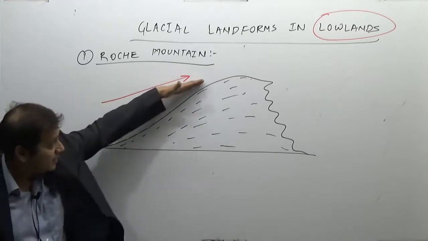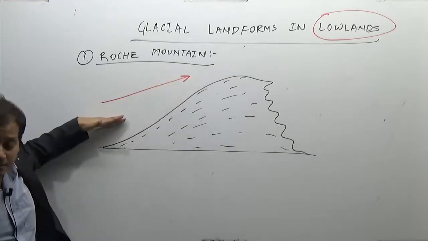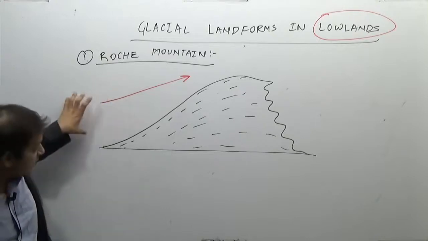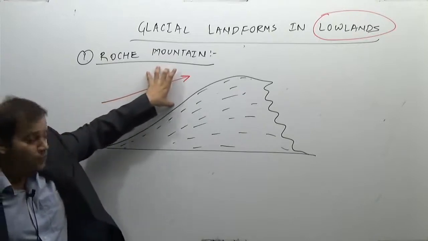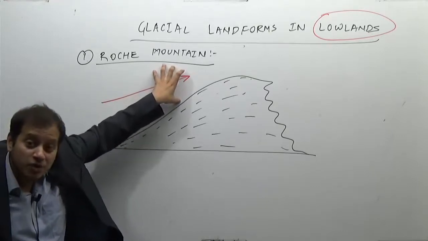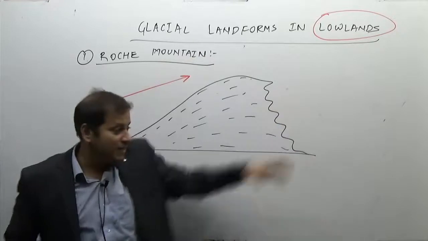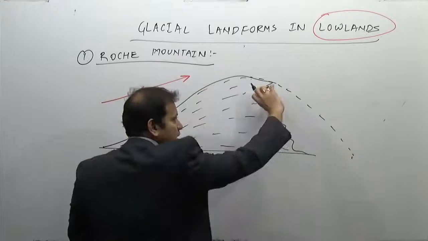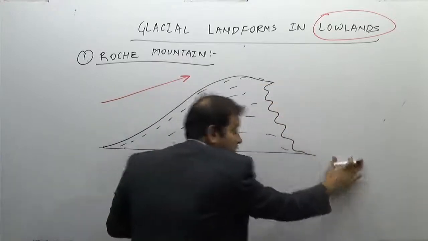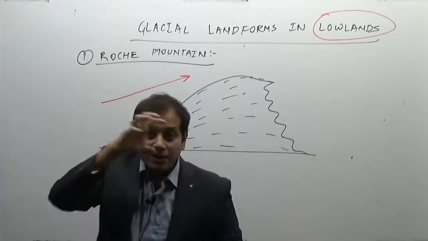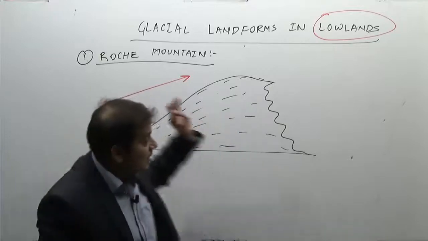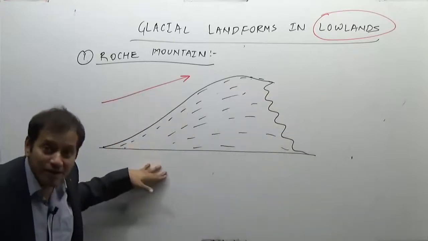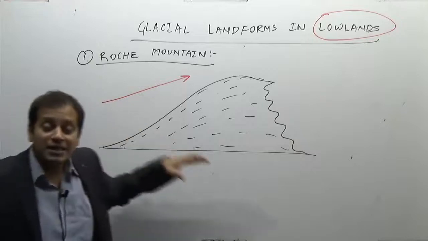As a result, the glacier has polished or eroded by abrasion. Which side has it eroded? It has eroded the upstream side, that is, from here the glacier is moving. It has eroded this upstream side and made it smooth and gentle by the process of abrasion, while on the downstream side, this was the original rock. Now this original rock has been removed by the process of plucking. By plucking away, it has made this side very steep, giving rise to a peculiar kind of mountain having such a shape, known as a Roche Mountain.